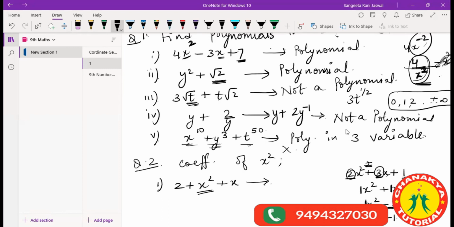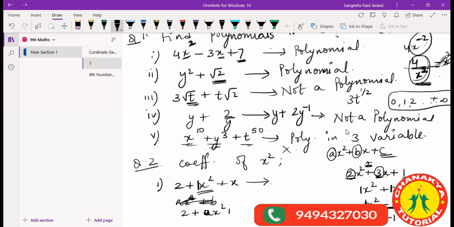Yes? Ma'am, only 2, right? No, the coefficient here is 1. There is a 1 in front of this, see. The standard equation of a polynomial is like this: ax square plus bx plus c. So here a is the coefficient, b is the coefficient, c is the constant term. Okay, are you getting me? So if we compare this with this equation, this is a constant term, 2, plus this is bx square,